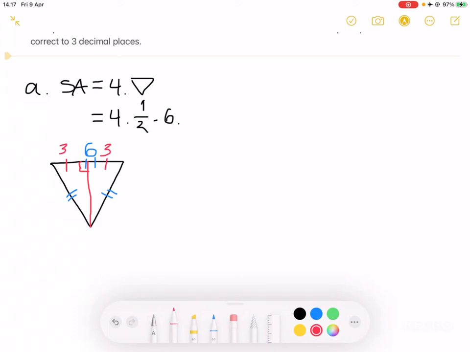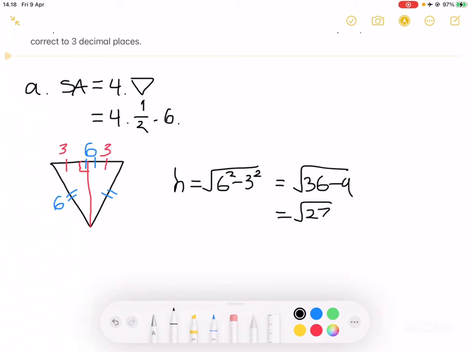these 2 side lengths are 2 and 3 respectively. We can have this 6 written here, and let's see. We can use the Pythagorean theorem to find the height of this triangle, which will be the square root of 6 squared minus 3 squared, which will be 36 minus 9, which is equal to the square root